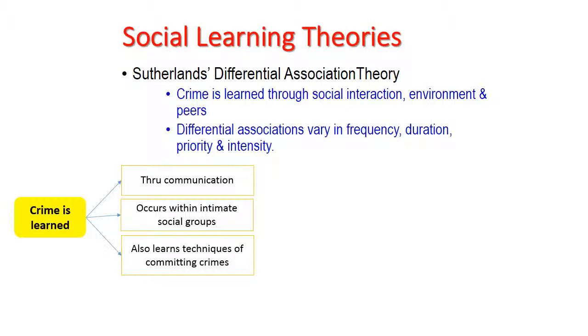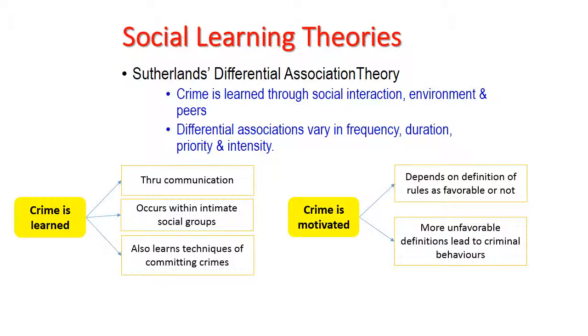Linked to that is what he says is that when criminal behavior is learned, what we learn is not just the techniques of committing the crime, whether they're simple or very complicated, but also the specific directions of our motives: why we want to commit the crime, what we think crime can help us achieve, what motivates us to commit the crimes, how we rationalize these behaviors that may go against our own values or beliefs, and also our attitudes towards deviant behaviors.